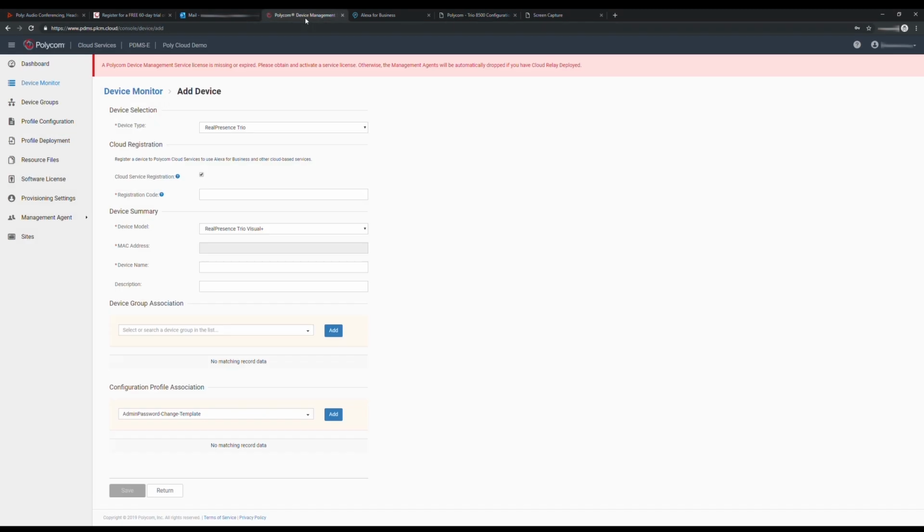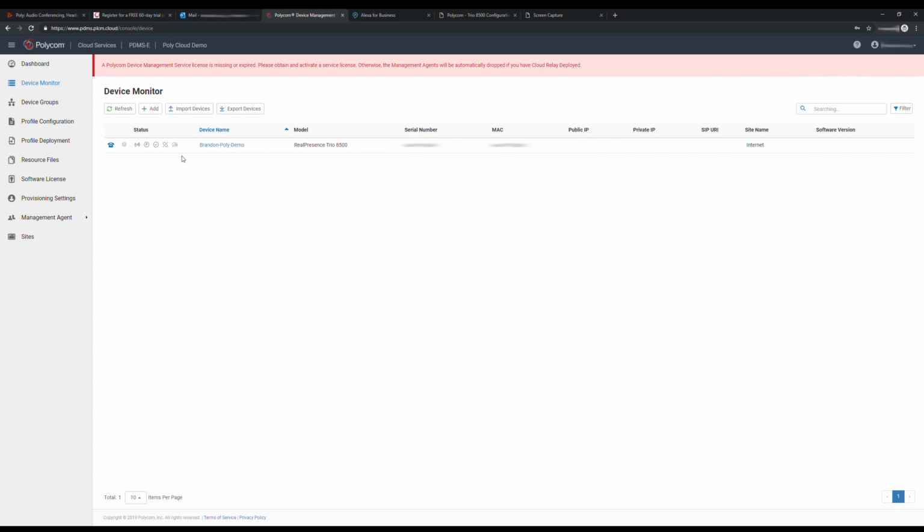Taking this value, I go back into my PDMS console and provide the value. When I tab off, I know that my device is correctly identified, as this is the MAC address for my device. I can choose to rename this, and then choose to save. See, the device has been added. Going back to the home page, I can see the device is now listed, and when I click refresh, I see that the device has been enabled for cloud services and that it is online and healthy. At this point, the device has been enabled for cloud services.